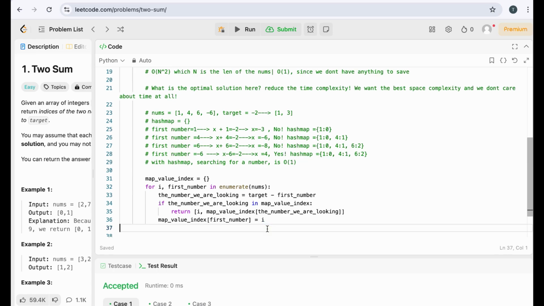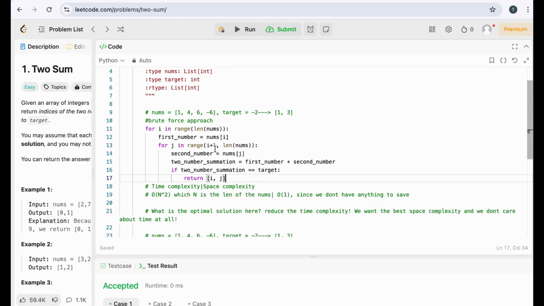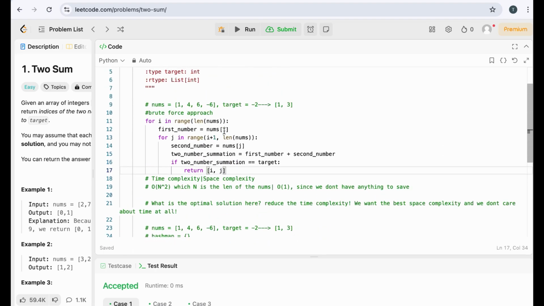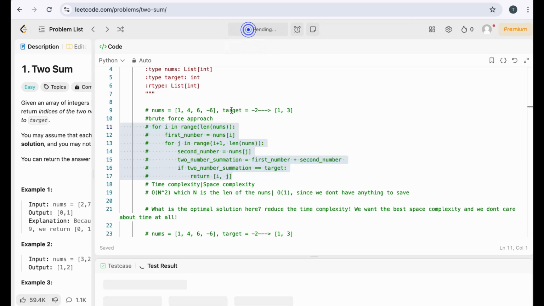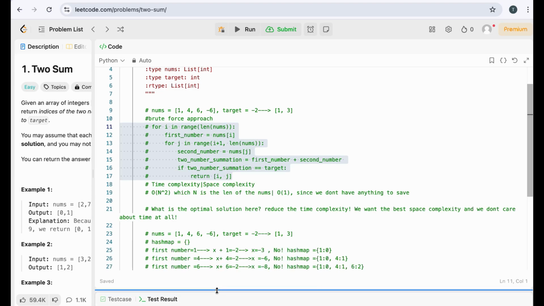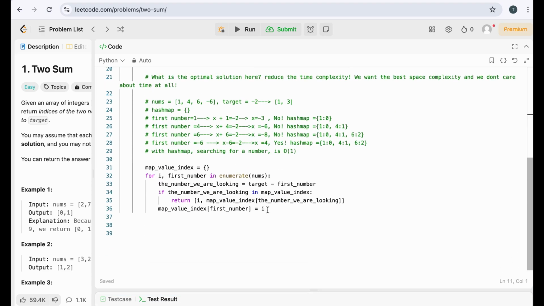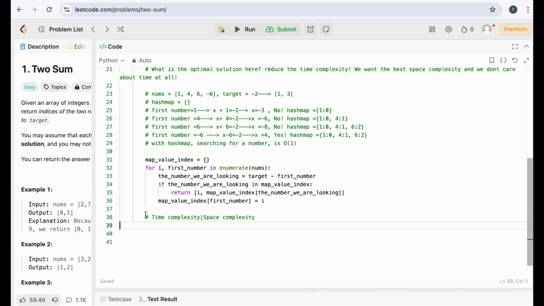Okay, so here this is the second solution that we have. So let me run it to see, do we have any error in that? No, we don't have, and it seems that it works. What is the time and space complexity for this solution? So the time and space complexity,